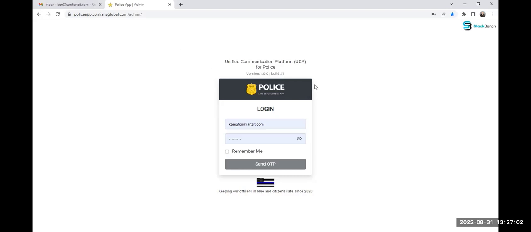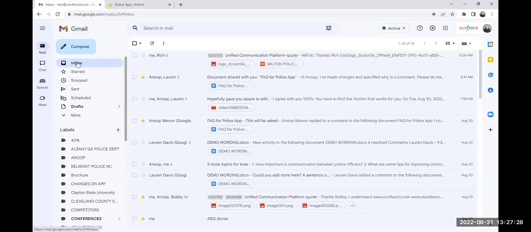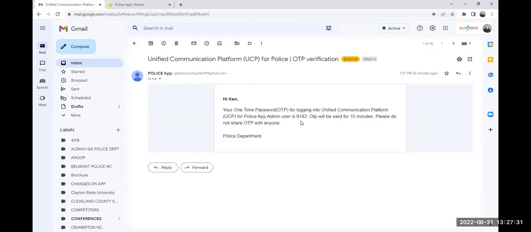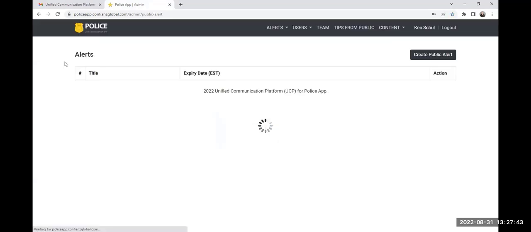You are looking at the login information for the Unified Communication Platform, UCP, where you're going to use your agency's email, how you log into your computer, and also a password that you make up. With this information, you're going to send a one-time code, OTP, to your email. You're going to see up here, it turns green. It goes to your email, and in your email, there's going to be a 4-digit code, 9182. You're going to type that information into the OTP, which will log you in to the administrative side of the